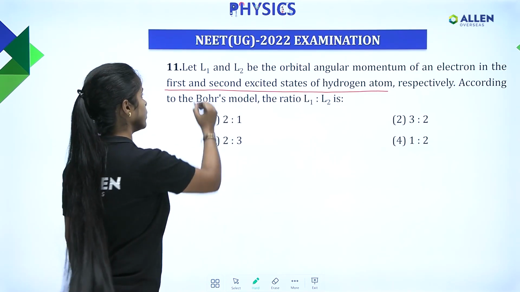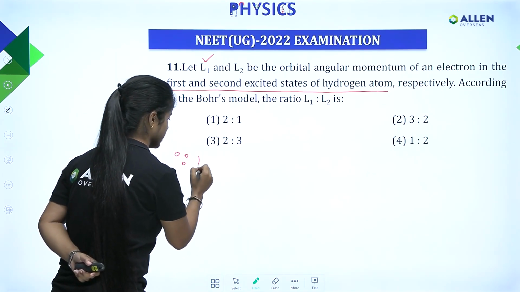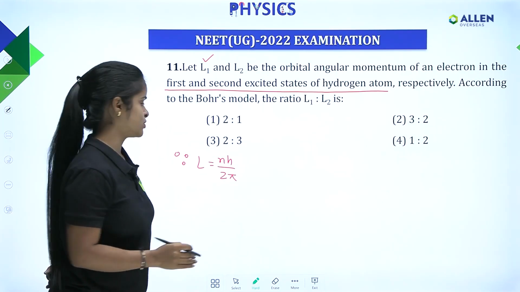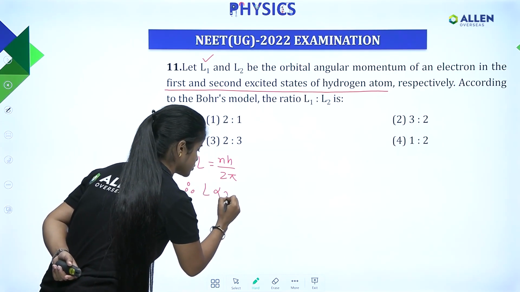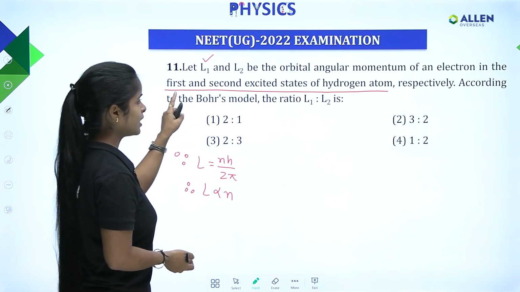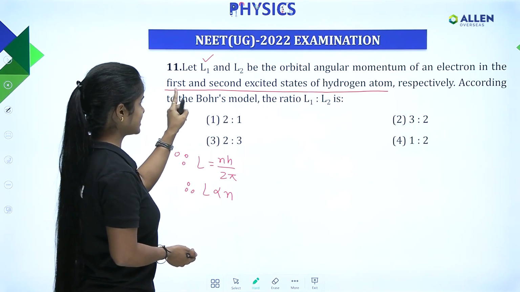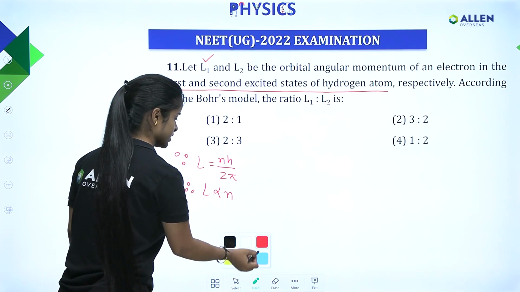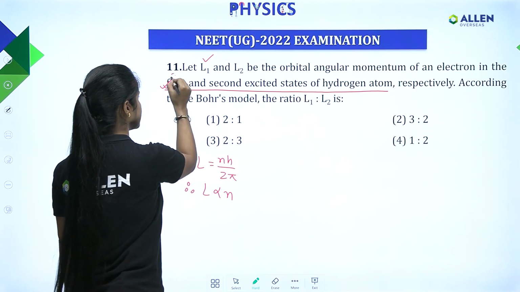So the very first thing is, what is the formula of orbital angular momentum? L equal nh by 2 pi, where h is Planck's constant, and 2 pi is also constant. Therefore, you can write here, L is directly proportional to n. n is the number of the nth orbital, right? Now, here you have to understand this statement. Momentum of an electron in the first excited and second excited. First excited means it is talking about the second orbital, right? After exciting from the first orbital, the electron will go to the second orbital,